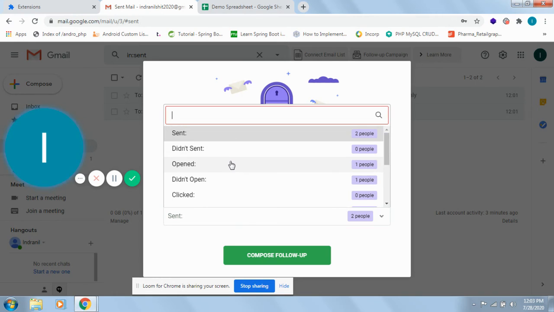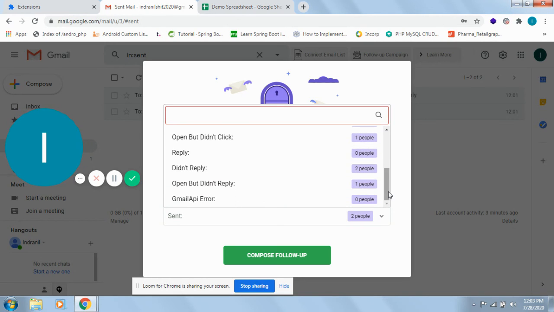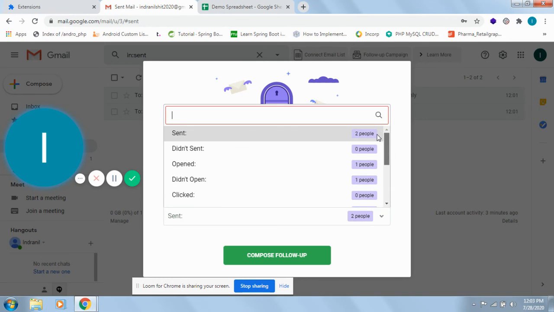They have opened the mail or not, they have clicked on this mail or not, they have given any reply on this mail or not. So you can track all those things through this manual campaign.